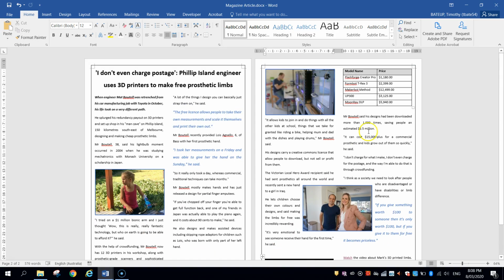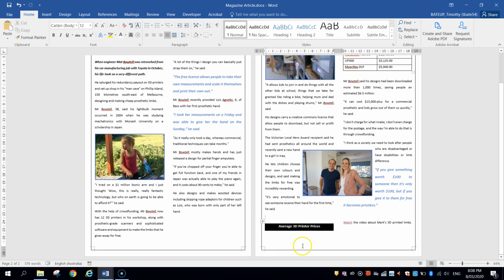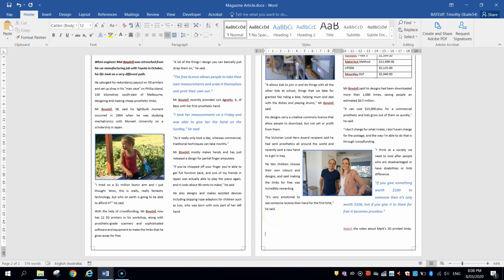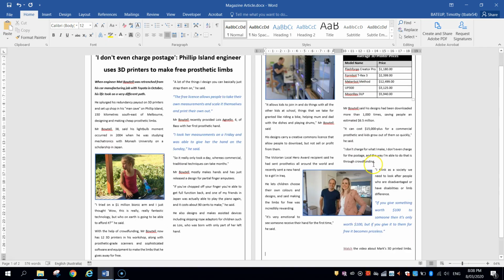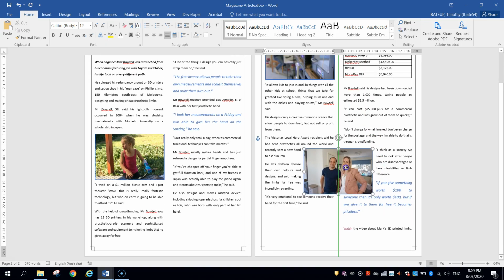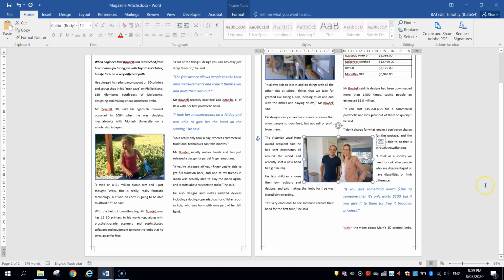We're getting close to this table. It's still up a little bit there and still down the bottom of this column. So I'm going to click down in this empty space here and press enter 2 times just to push that table to the top of that row. Okay, that's looking pretty good. Let's move that around. Got a little bit of empty space there, but I don't think that's an issue, so we're just going to leave that as it is.